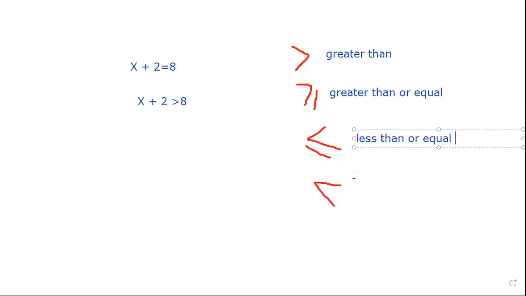And what about the last one? This one is less than. What is the difference between greater than and greater than or equal? If you have x more than